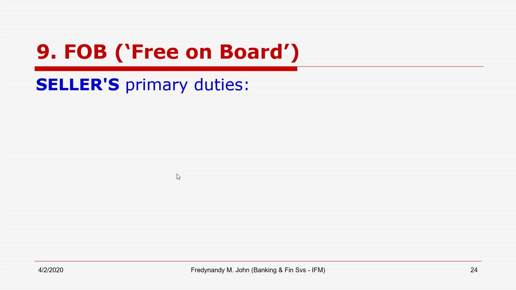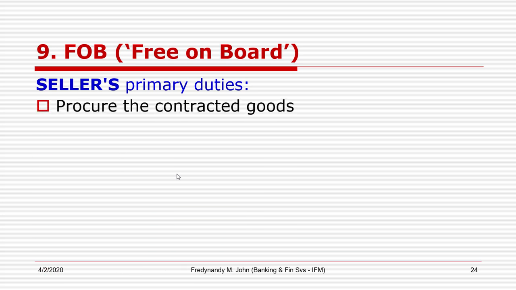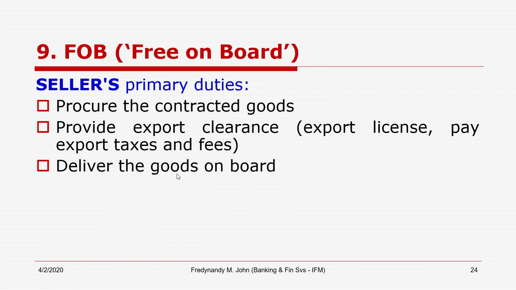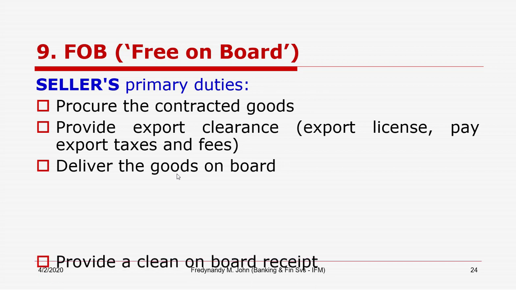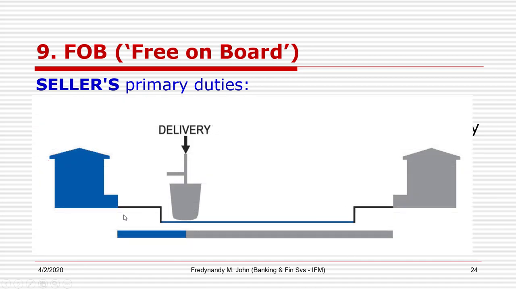abbreviated as FOB. Now, remember all responsibilities of the seller under the Incoterm FAS, free alongside. Under the free alongside, the seller was required to deliver the goods alongside the ship. That is right here on this particular point in the named port of shipment that is located in the country of export. Now, this Incoterm FOB requires the seller not to deliver the consignment or the cargo alongside the ship, rather